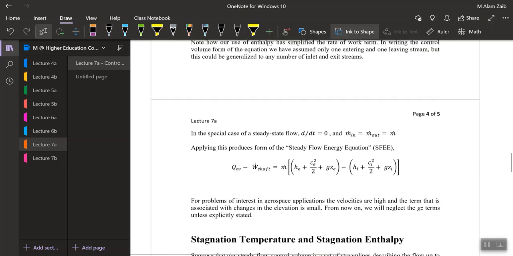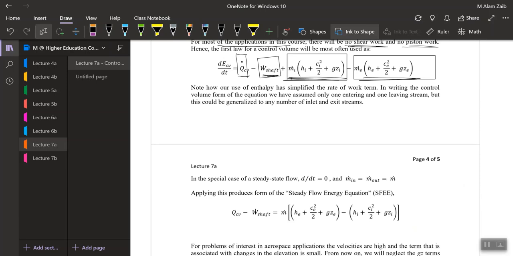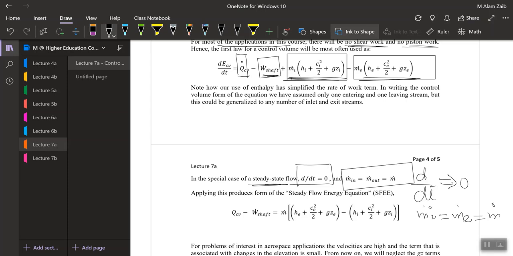So for our special case, we did say there was a conservation of mass and there was a conservation of energy as well. So we were talking about the steady flow equation in which the rate of change was equal to 0, and in that case mass into the system was equal to mass out of the system, and that was equal to rate of change of mass. So in a special case of the steady flow, which is explained now, the rate of change is equal to 0, and mass in and out is equal to the mass flow rate. So the above equation would be rearranged as heat transfer minus work done,